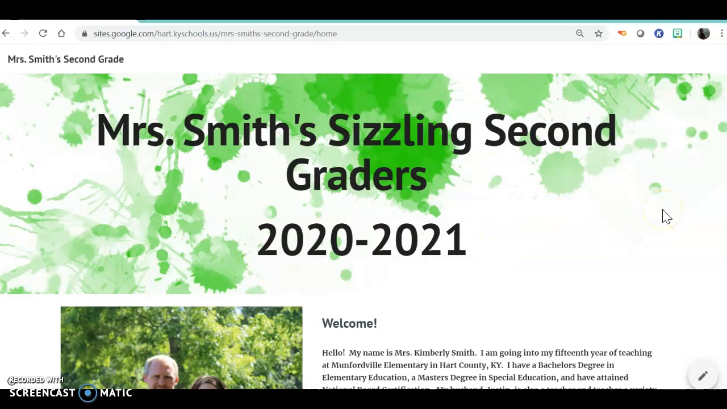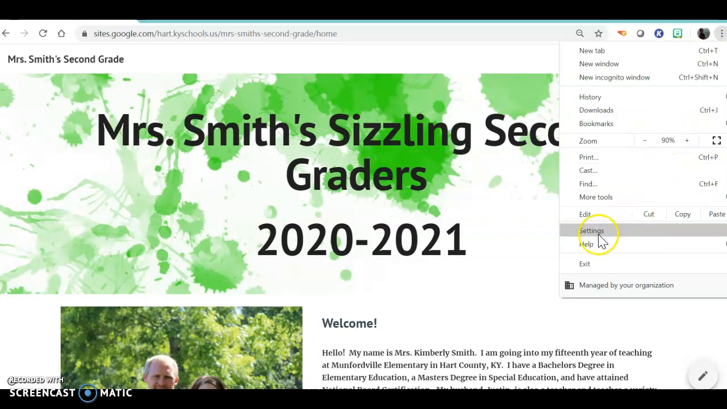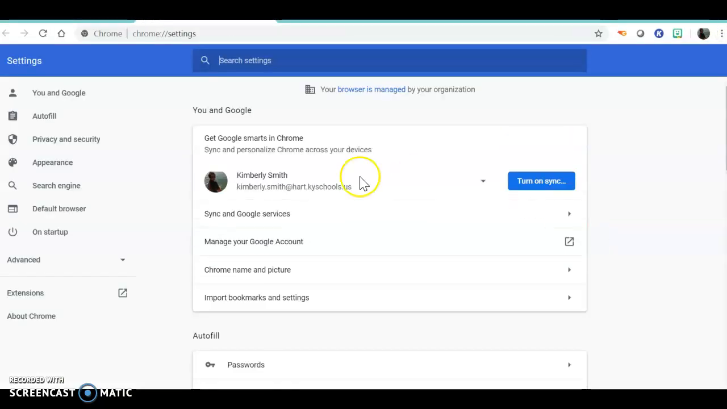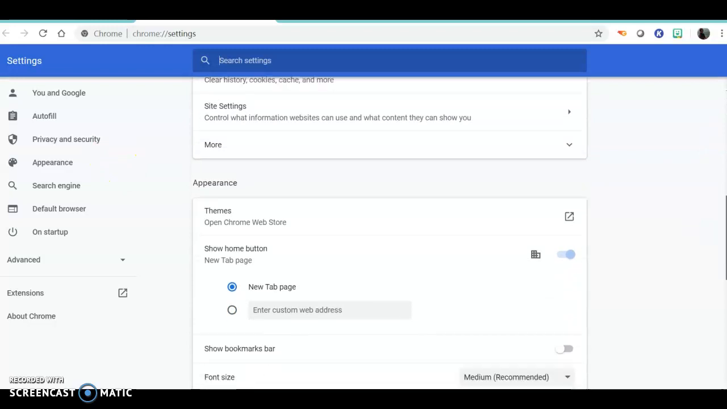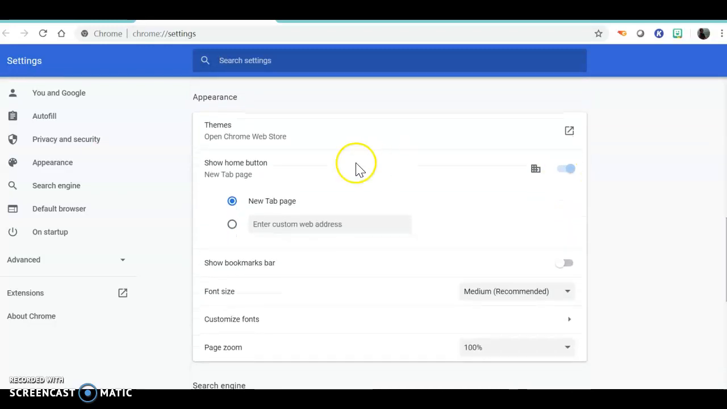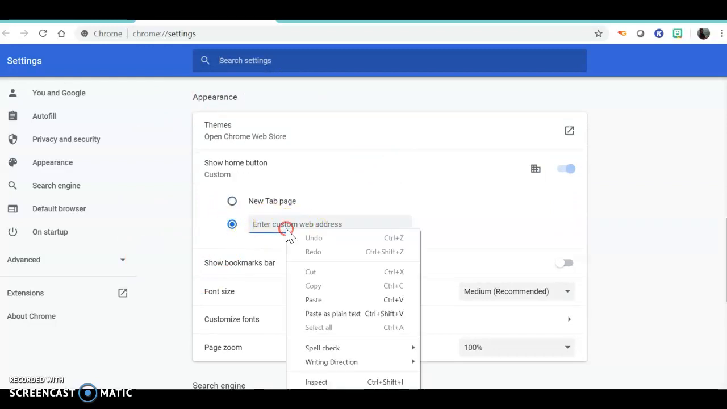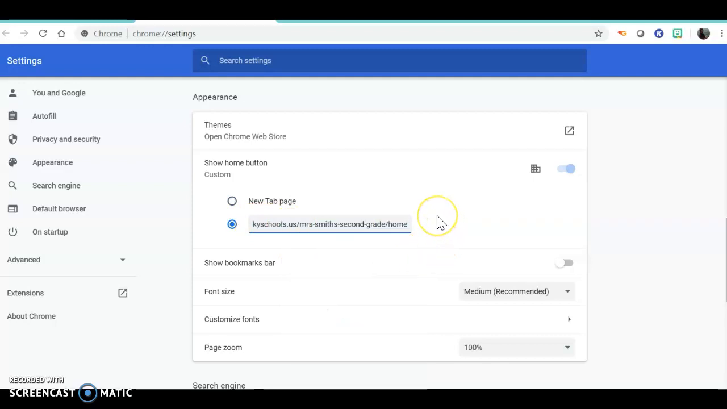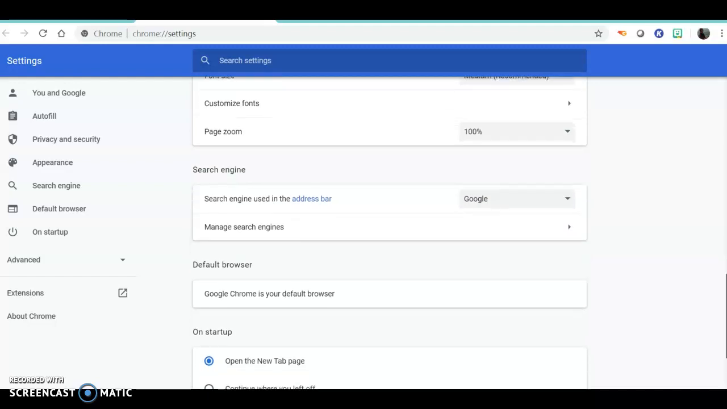To actually make this our homepage, you will need to go to the three dots in the top right hand corner. Click on that, click on settings, and then if you scroll down, there will be a section entitled Appearance. You will click on this dot and you will paste the website into that area, or you can type it in. And then you will scroll down just a little bit further,